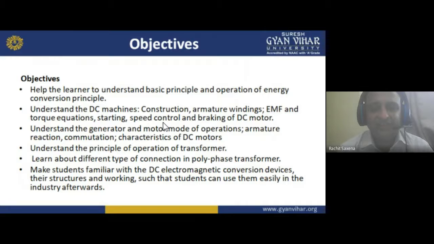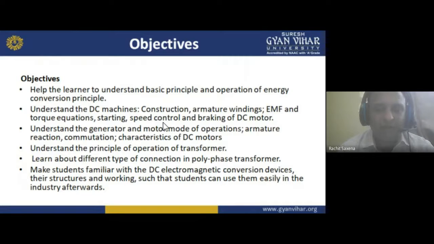Now the word there is electromagnetic. That is why the first unit is the magnetic circuit. We have to understand that we want to convert electrical into mechanical and mechanical into electrical. We need a circuit, a system, a communicator between these. For example, if we want to communicate something to another person, we need a system. I am taking the example of a mobile. A mobile is basically a communication device. It has electronics in it, a battery, and some components mounted on a PCB. It is a basic concept.